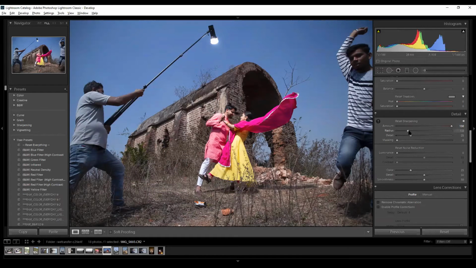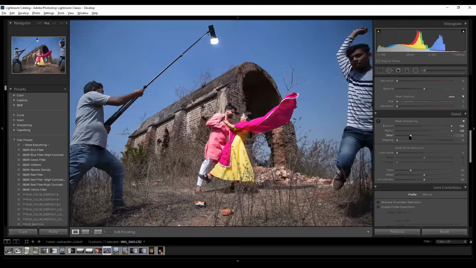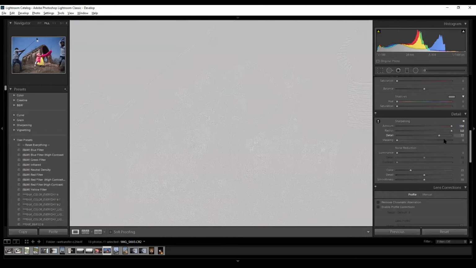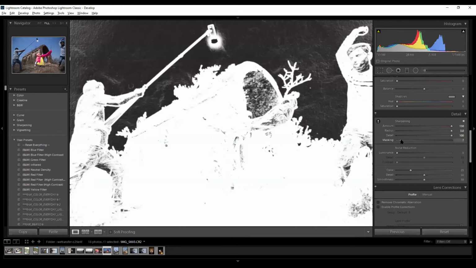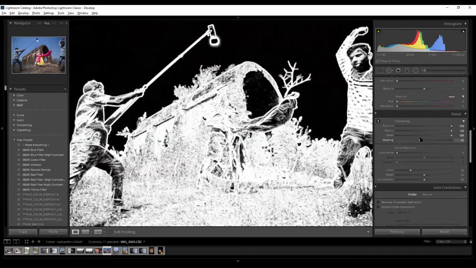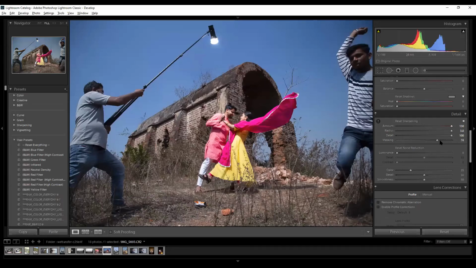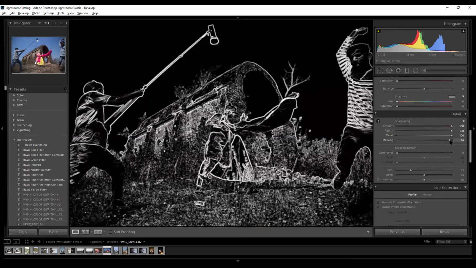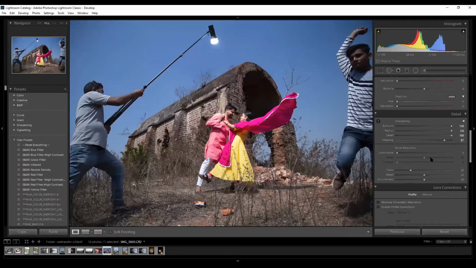For radius, as you press and start, now it will show the radius, how much radius it has put in the sharpness. Now with the detail, it will show how much detail it has tried to put in the image. Now masking, you will try to decide on the area that will get smoother, like the blacks, the shadows are getting smoother, means that area the sharpness is trying to reduce. The whites which are not smoother that much, that area the sharpness is there.